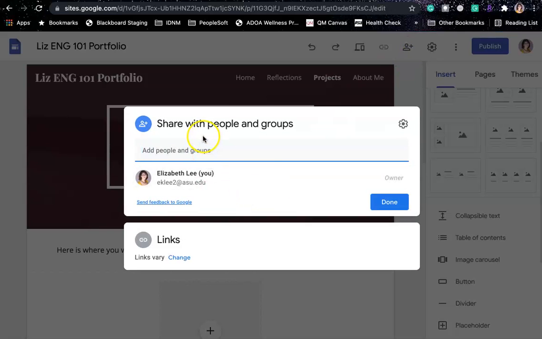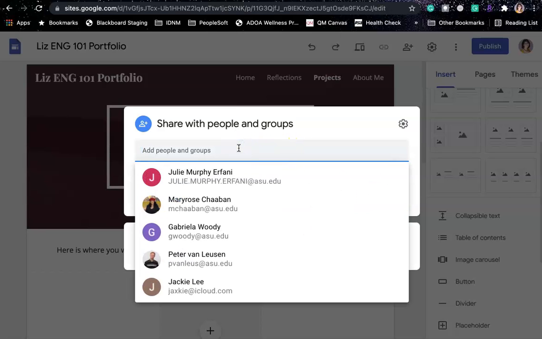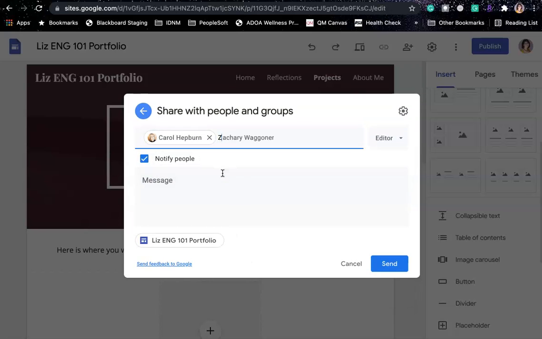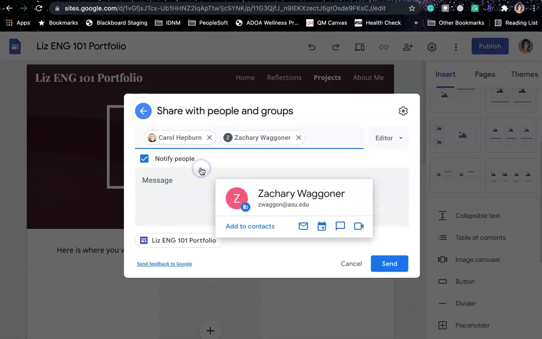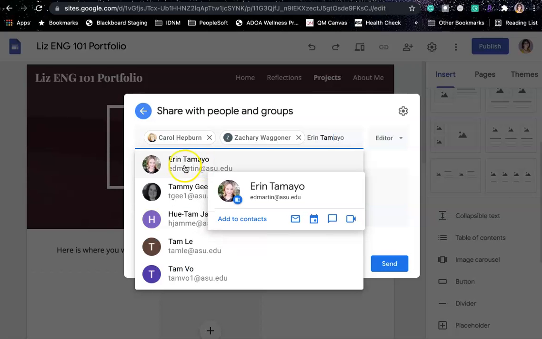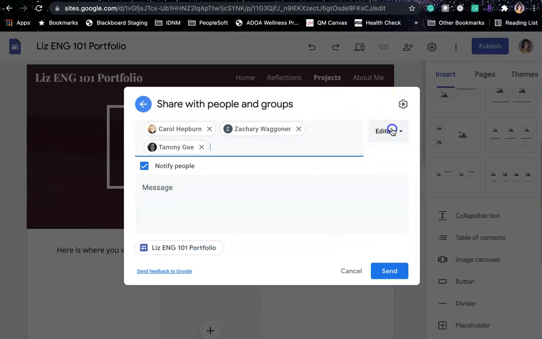I am not going to share this. Let's see. No, I'm going to share this with the group. So I'm going to share this with Carol, Zach, and Tammy. I am going to make,